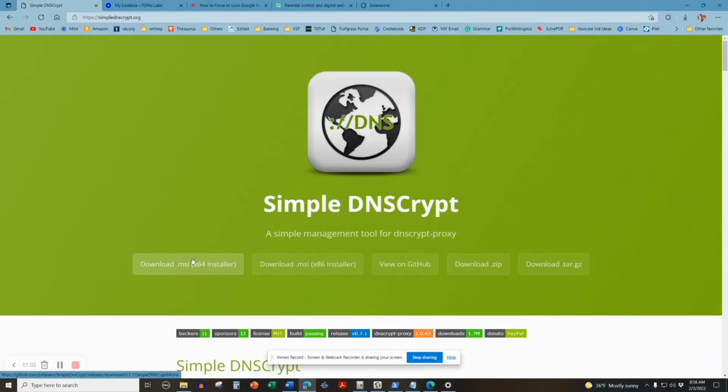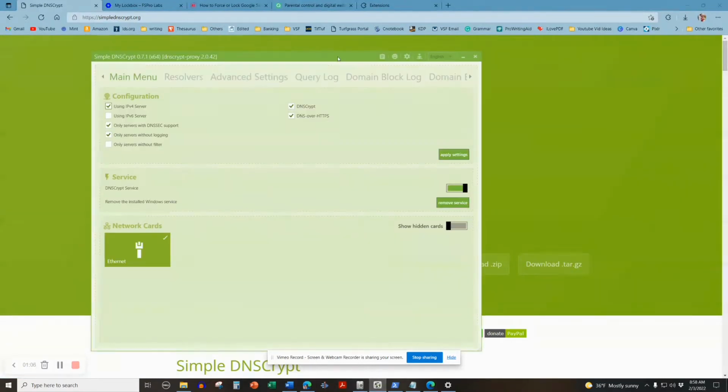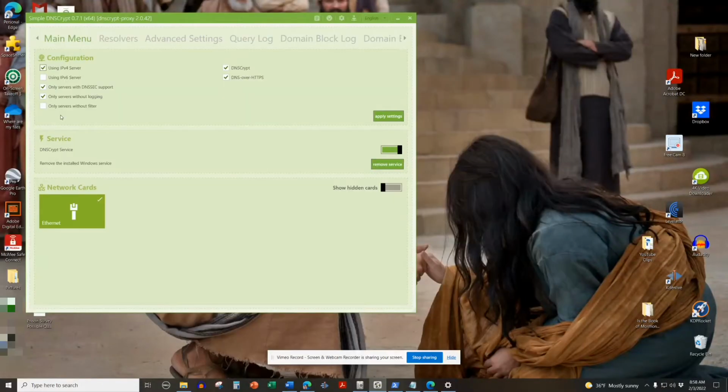So you download the installer. You're going to go through the install process. Once it is installed, you are going to see this box. It's going to look slightly different than this, but your goal, your mission, should you choose to accept it, is to make it look like I have here. This only servers without filter. That may be checked. If it is, you want to uncheck it